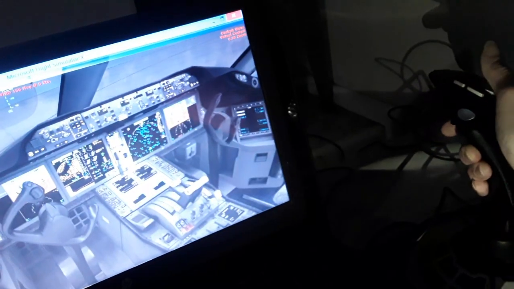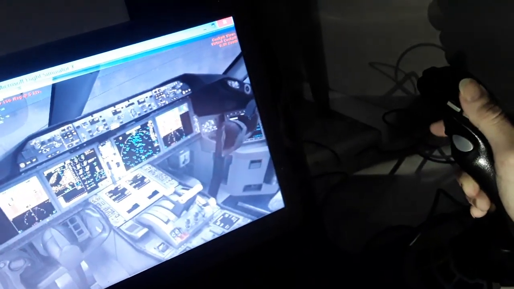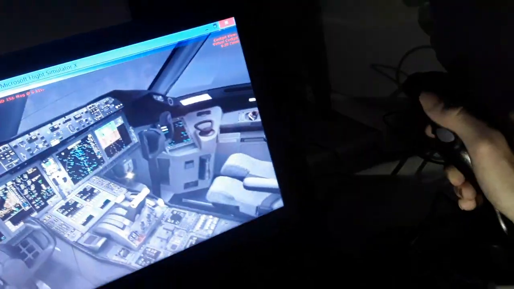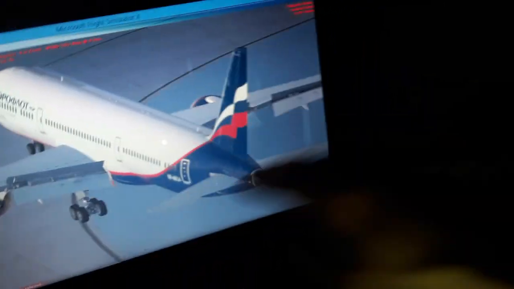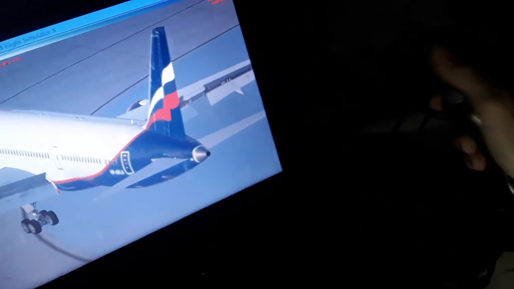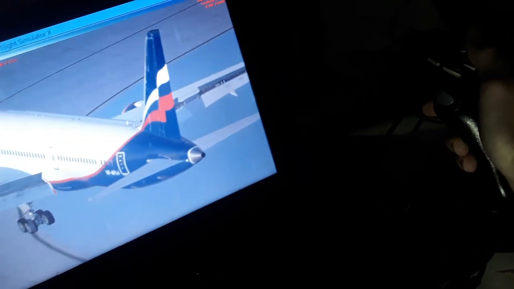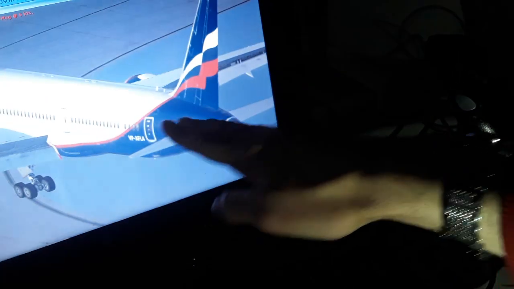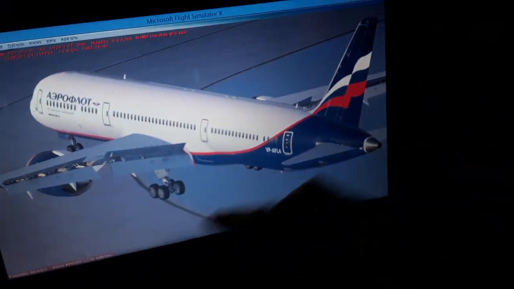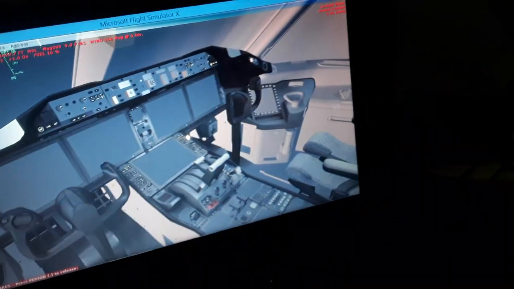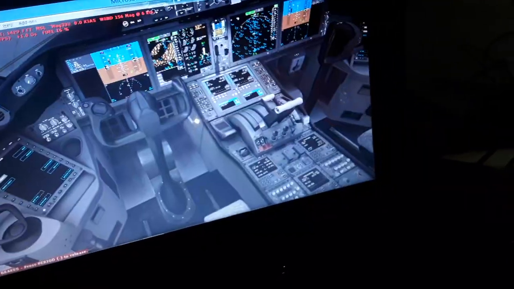So now I'm going to show you the horizontal trim stabilizer. We have the horizontal tail for moving the side stick up and down. Instead of moving the side stick all the time, you can use the control switch over here in the Boeing 787 to trim the horizontal tail up and down as you fly. So you can pitch up or pitch down the elevator, which gives an aerodynamic effect. You can see here the elevator,